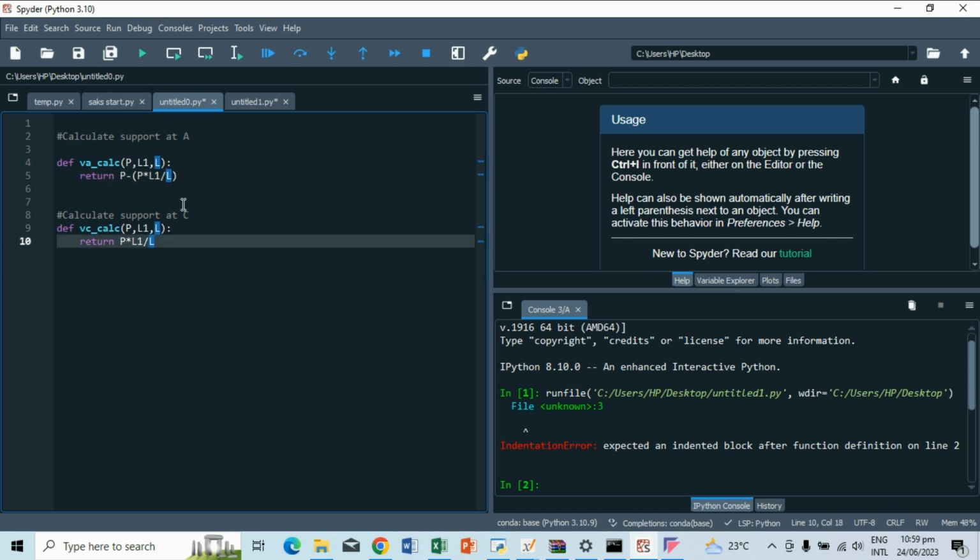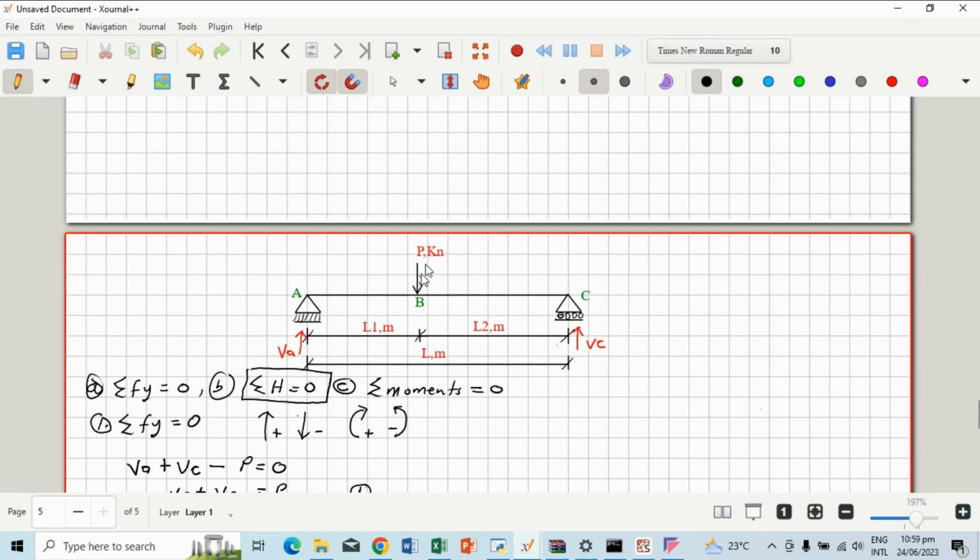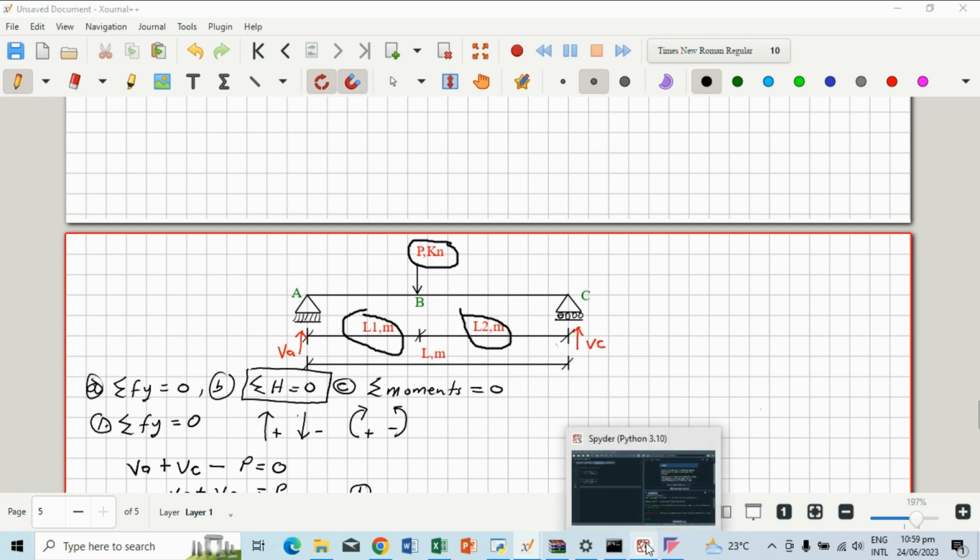The next thing we are going to do is allow the user to enter the span dimensions and the value of our point load. So the user must be able to enter the value of this point load here, and then the distance L1, the distance L2, and then we'll do a calculation to return the distance L. Right, so coming back,